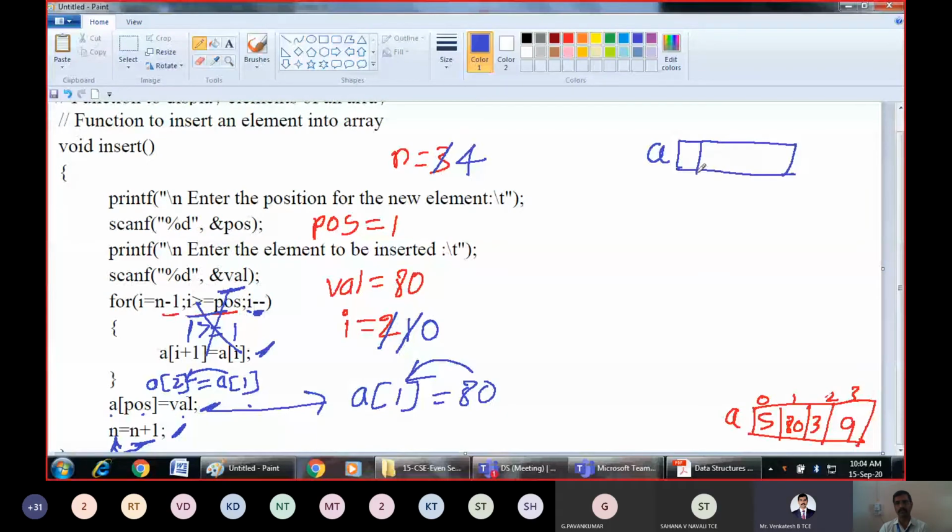So this was our array A, index values 0, 1, 2, 3, and these are the present elements of the array: 5, 80, 3, and 9. This is our present array. Other than this, everything I'll erase.